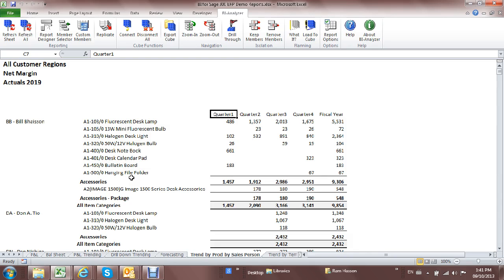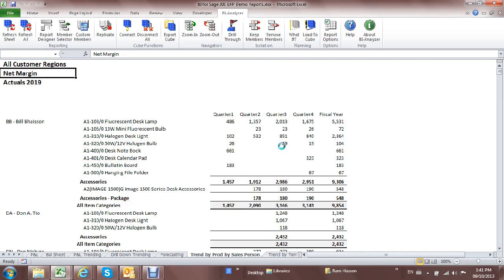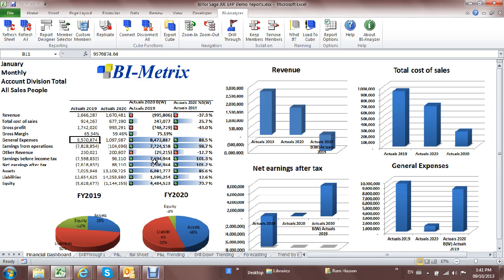I can easily change this to a different metric simply by double clicking on the metric dimension. And instead of looking at a net margin report, let me look at a net quantity sold report. I would select that, filter it, and the report automatically gets updated for the net quantity sold. So hopefully I gave you a quick introduction to the BI Analyzer, BI-Metrix product. It's a powerful tool, really allows the business users to access your data, whatever it is, be it your general ledger, your CRM data, your sales data, inventory data, to do slicing and dicing of the report, to build reports, to do analytics on it, and in addition to that, to do budgeting, planning, and forecasting